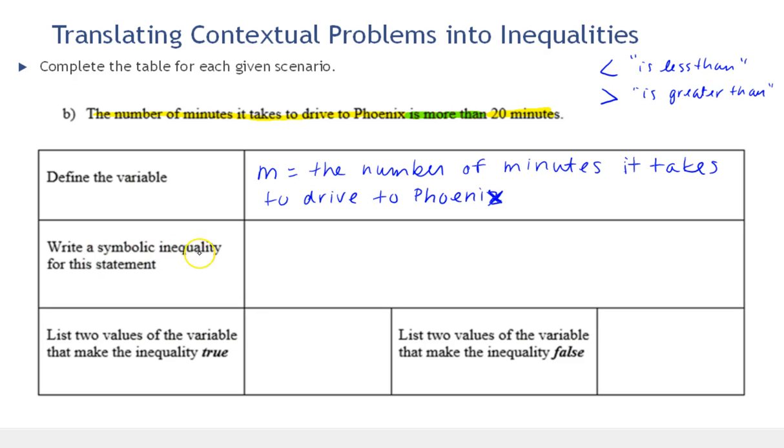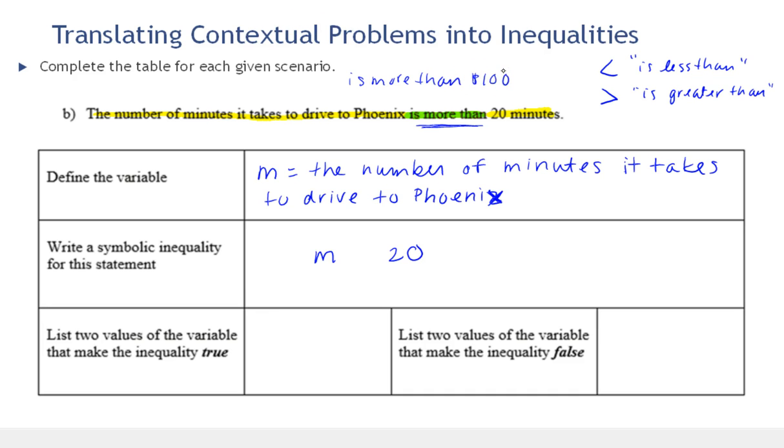Now we want to write a symbolic inequality for this statement. Let's look at our connective. We're relating the number of minutes, M, and here's our boundary value, 20. So there's some sort of relationship between M and 20, some sort of connective. Here we have "is more than." That doesn't directly say "is less than" or "is greater than," but let's think about what "is more than" means. Let's go back to how much money you make. Say you work today and the amount you made is more than